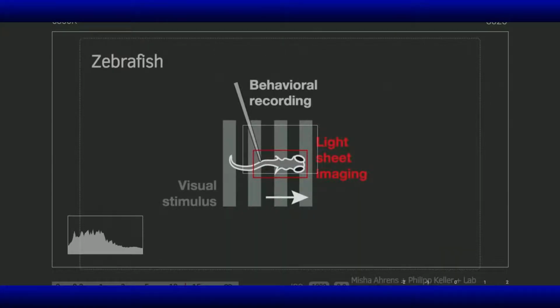And one animal that we do a lot of work in is the larval zebrafish, which is probably not something that a lot of people here are familiar with or have seen necessarily. Maybe you have. What's really cool about these animals is that when they're in the larva form, they're transparent, which means we can use special kinds of microscopes, in particular something called light sheet imaging, to basically see through the animal and record neural activity from almost the entire brain at reasonably fast resolution